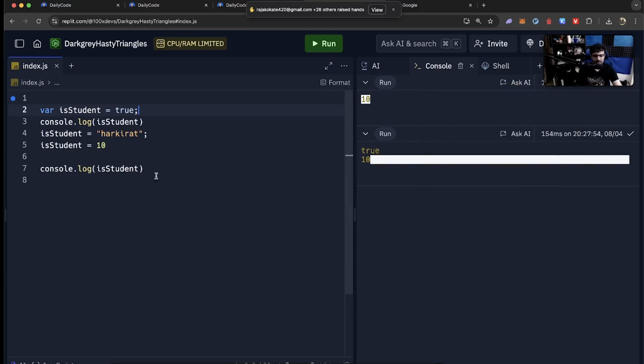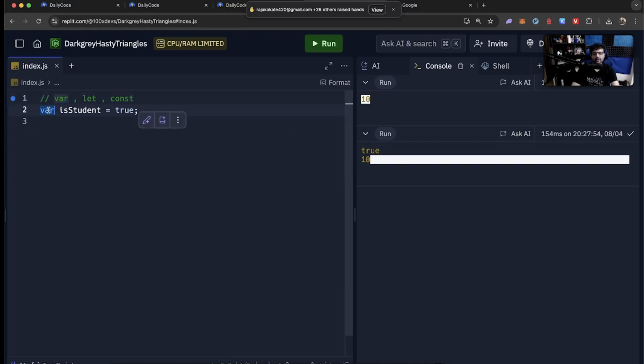All right. Can we now understand the difference between var, let, and const? There are three ways to create variables: var, let, and const. Traditionally, there was just one way. Var was the only way to define a variable. Then people realized there might be better ways. There were some downsides of var. It's not what's called block scoped. It is function scoped. What does that mean? It just means it does weird things sometimes you don't expect it to. I'll give one example very soon. But to overcome those problems, let and const came into the picture.